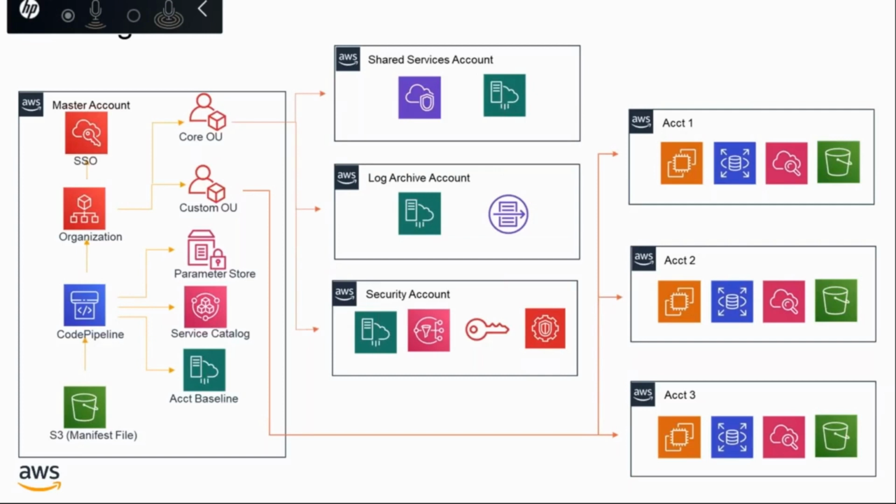So assume that if you want to set up on your own, first I need to create a master account. I need to create all the accounts on my own. I need to create a custom OU. I need to bring all my accounts into it, right? They just automated it. That's it.